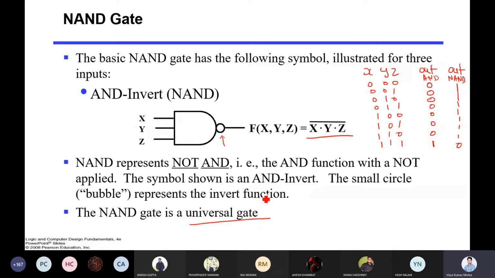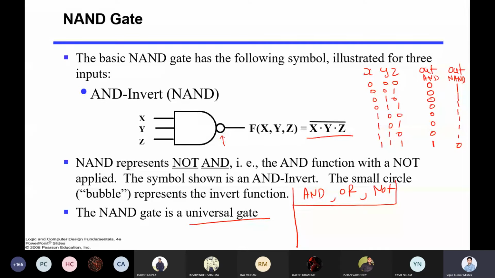Once you say universal gate, it means we have already said if you have an AND gate, an OR gate, and a NOT gate, then you can make any circuit in this entire world, at least in Boolean algebra. I'm not talking about quantum mechanics, but in Boolean algebra, yes, definitely you can make any circuit with the help of these 3 gates. Now, if you can make AND, OR, and NOT using NAND, then you are using only one single gate to represent the entire circuit. You do not need 2, 3, 4 gates. You require only one single gate and that can represent the entire circuit.